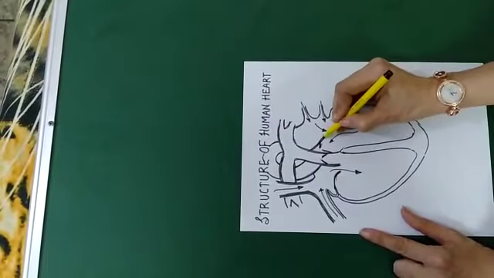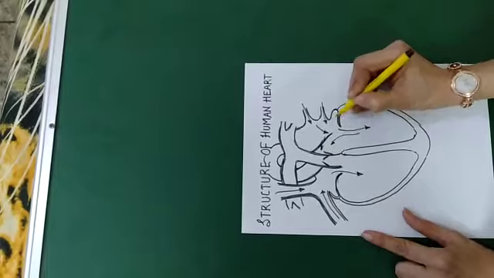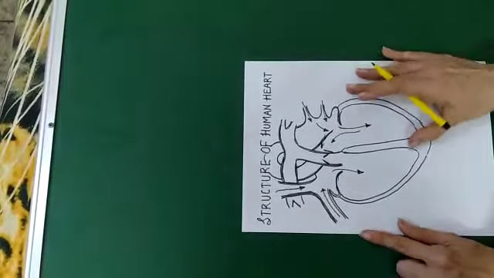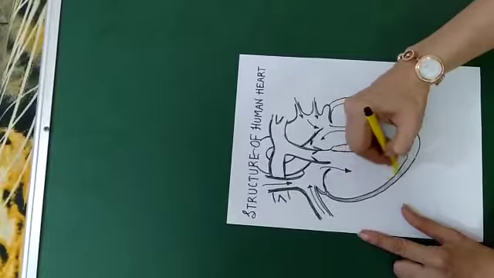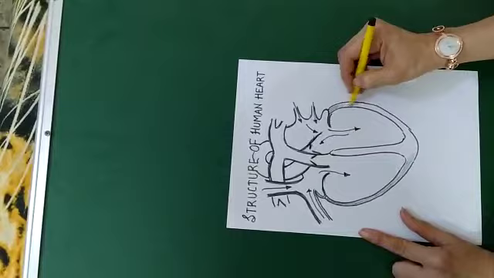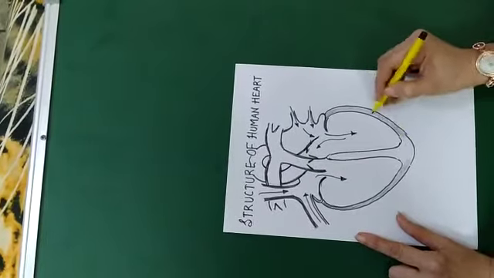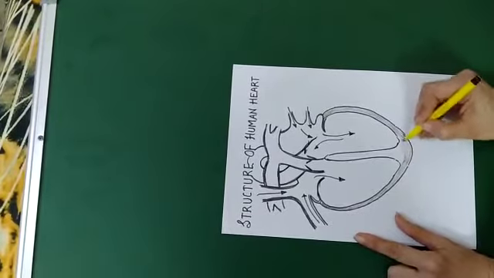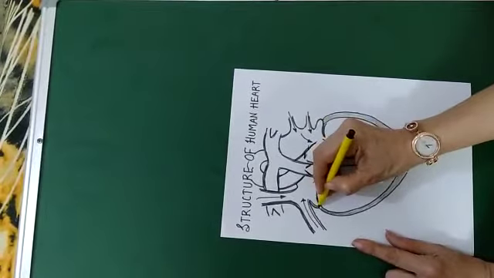And these valves, the structures which I am darkening now, these are bicuspid valves on the left hand side. Now these walls also, walls of the ventricle can also be shaded with a darker shade, and then you can label it. So if I label all the parts